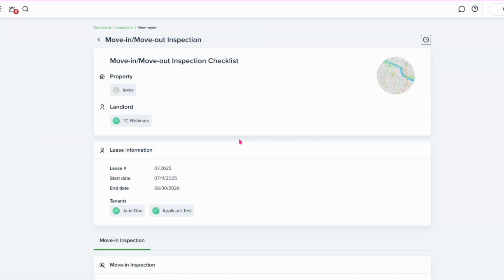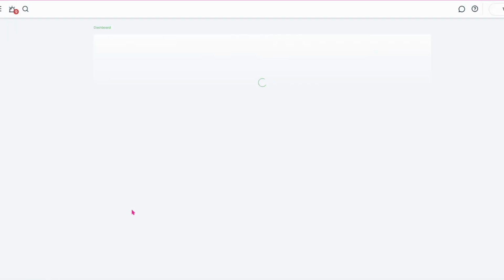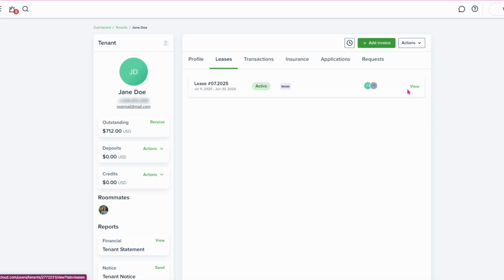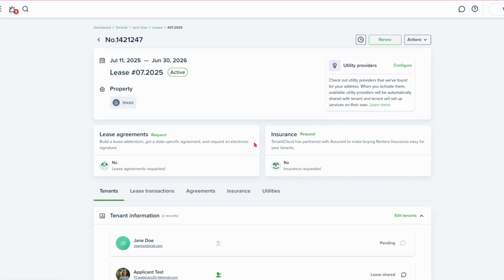Once that's sent, I'll go ahead and click on the tenant's name on the inspection to take me back to her profile. I'll then click on the Leases tab and view the active lease, aka the move-in that I just completed. Once in the lease page, if I needed to upload a previously signed document, I could view that under the Agreements tab,